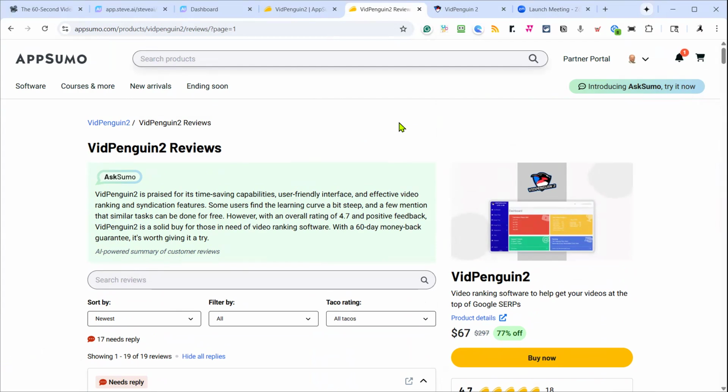What VidPenguin2 is designed to do is do all these tasks I'm about to give you, but do it in 6 seconds. And I'll just outline a few of the things that we do inside of VidPenguin to help you out and how long it would take to do it manually. So let's get started. I am going to go into VidPenguin